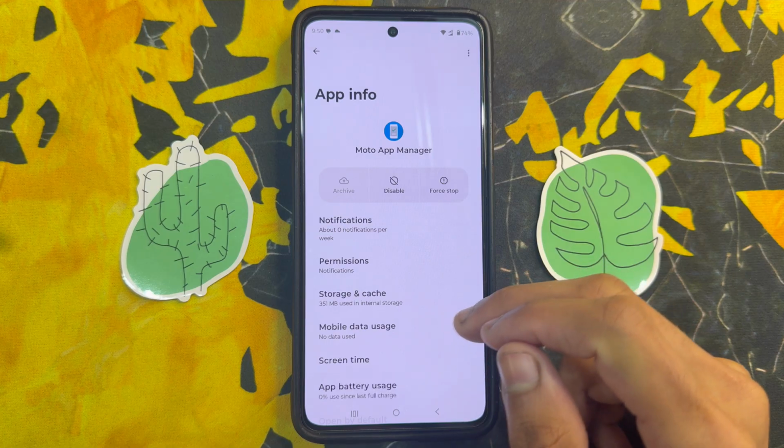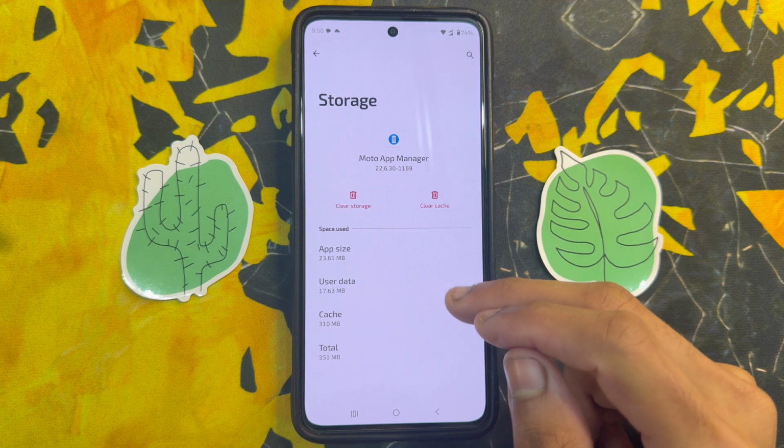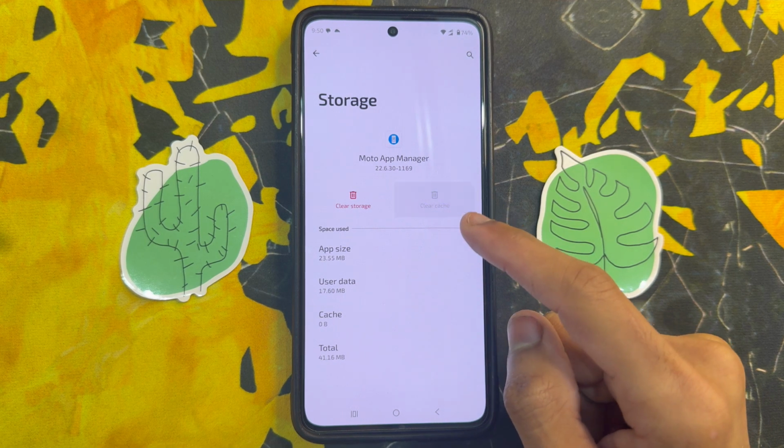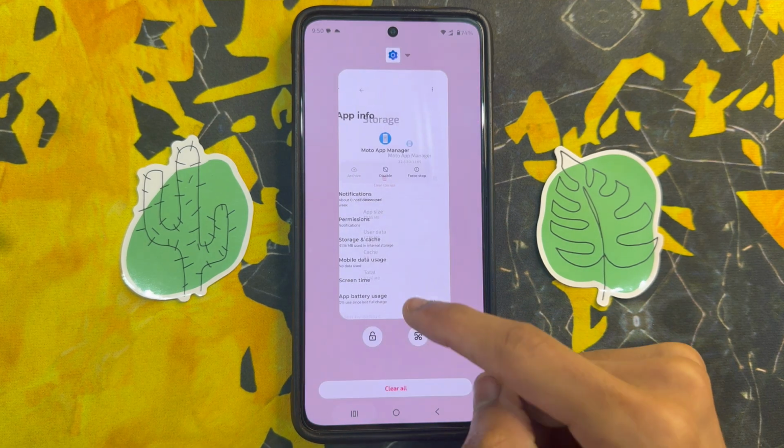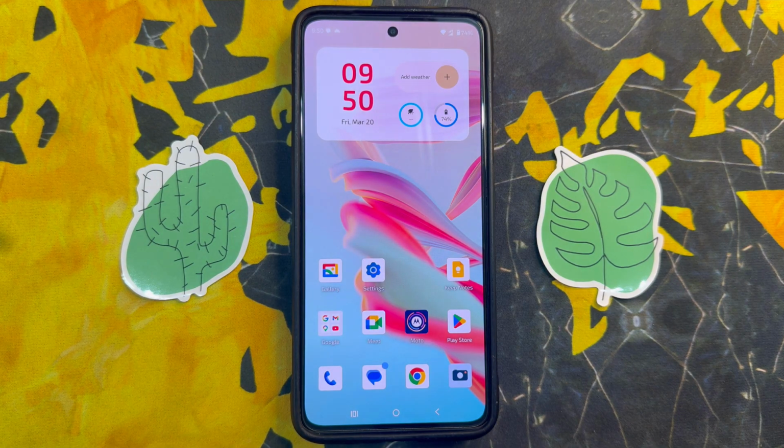Click on music app and click on storage and cache and click on clear cache. After clear cache music app, go back to home screen. You will see your problem is solved. But if it is still not solved,